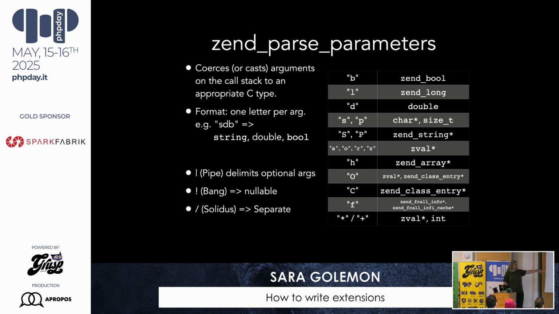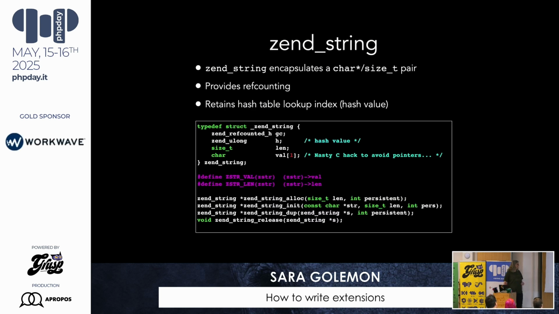We're not going to go into Bang and Solidus here because those are more complex topics. There we go. I mentioned the Zend string. As you can see, it has the actual char array pointer in this case, and a size_t that indicates the length of the string. We also have this h, that is a